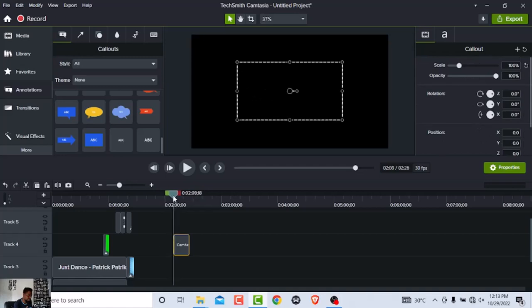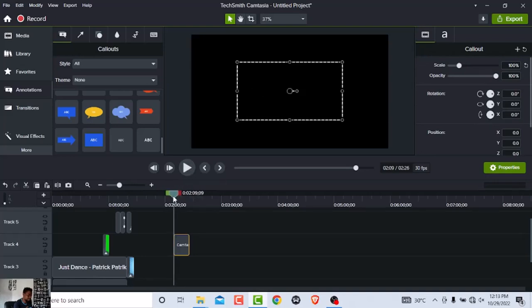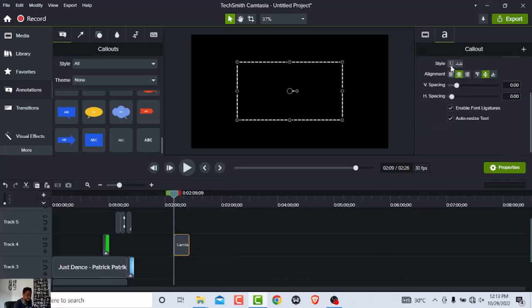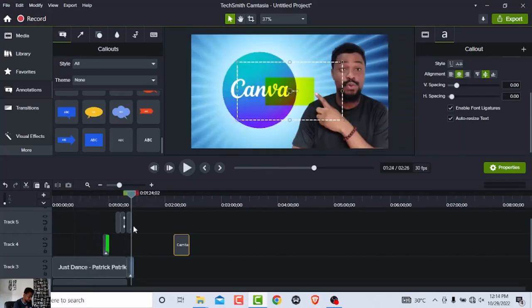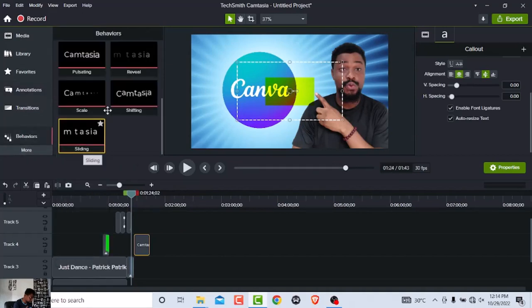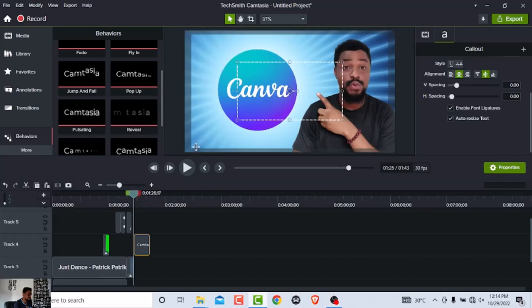And let's say if you play this now, you are going to see your text just appear. But that is not enough. Let's say we want to add an annotation or an animation to this. We want this text to fly in or fade in. So now I can bring the text back here, and I go back to my behaviors, and then I want this text to jump and fall in. So I put jump and fall in, and when I play it,